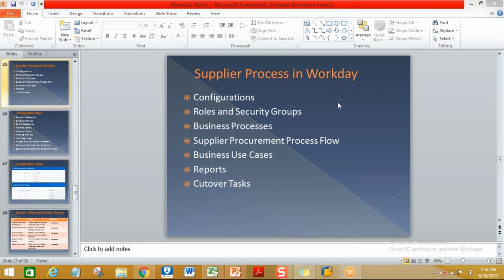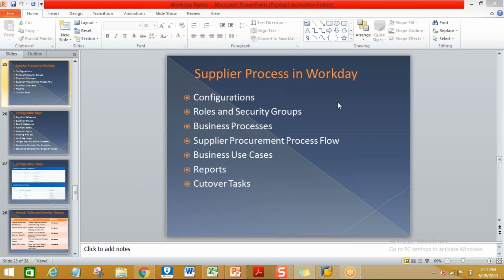Once the document is complete, they will share it with your core business users team. The head of the team will review the document, and if everything is okay, they will sign off. Once you get the sign off, the IT team will start the actual configurations in the system.